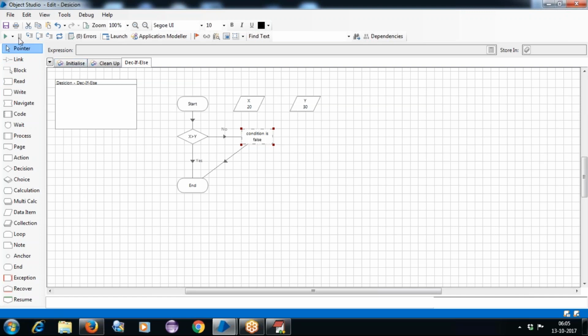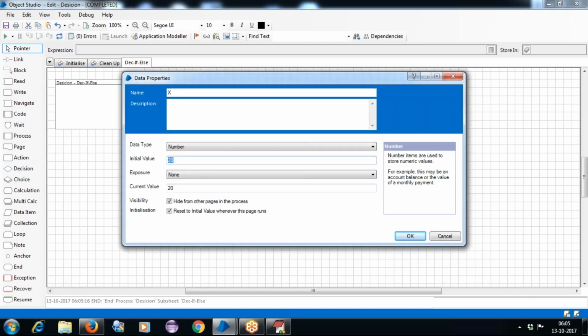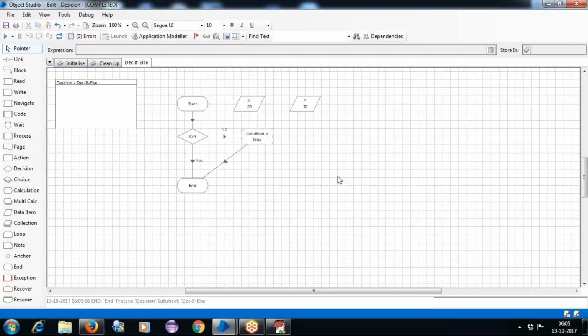Okay, so now we can see here, I'll take this run button. Okay, let me click on run. So your condition is false. So condition is false. It has navigated to the condition is false note, and it has finished with the end stage here. Now let me change the values. This I'll take as 50. Okay. Now the condition is true, right? So then I'll take the statement which I'll take with the run activity.